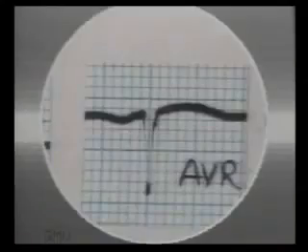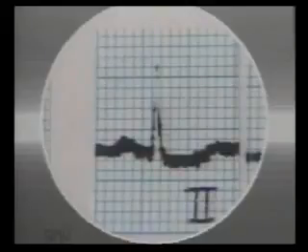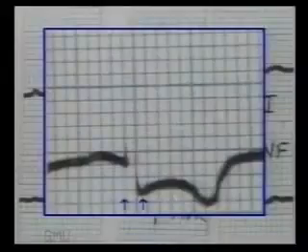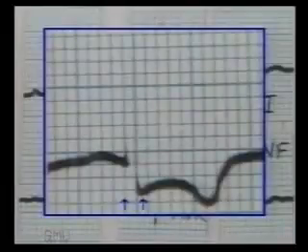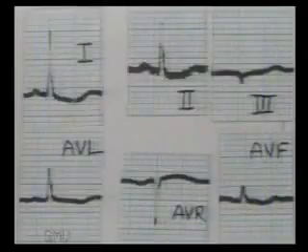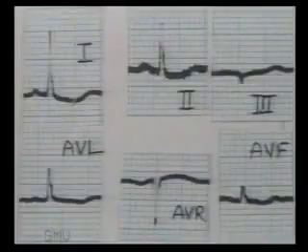In this ECG number 1, first see lead AVR. AVR shows negative waves, so lead placement is correct. Lead 2 shows normal P wave. PR interval is 4 millimeters, which is normal. Now coming to QRS complexes, QRS duration is 2 millimeters, which is normal. Then lead 1 shows positive QRS and lead 3 shows negative QRS, so left axis deviation is present. There are no pathological Q waves in limb leads.